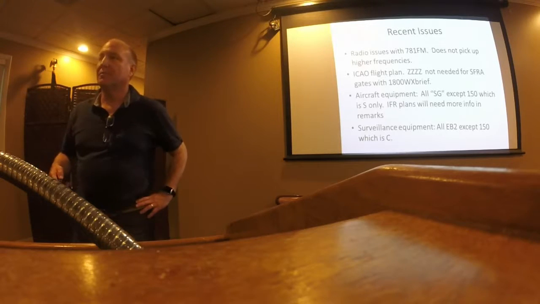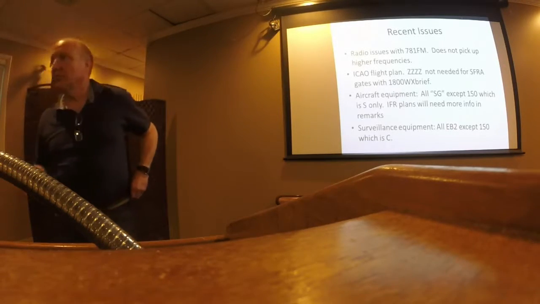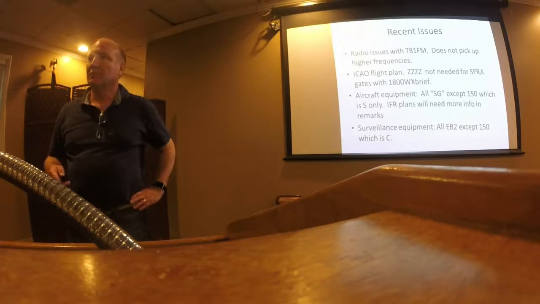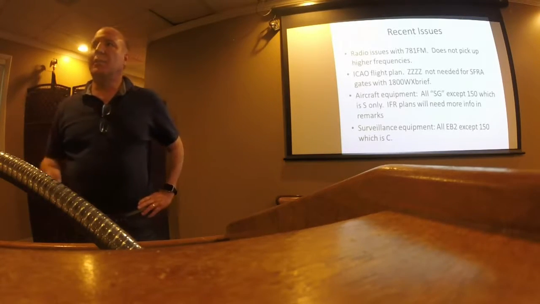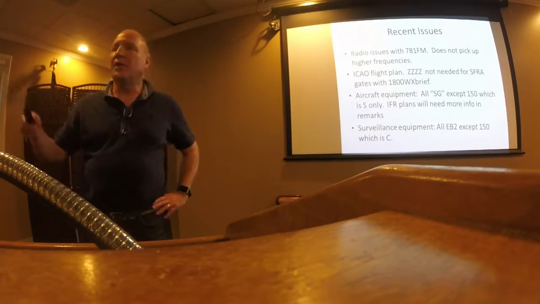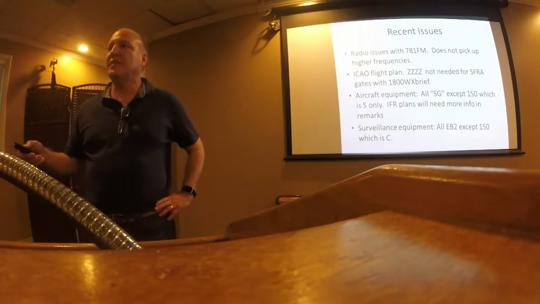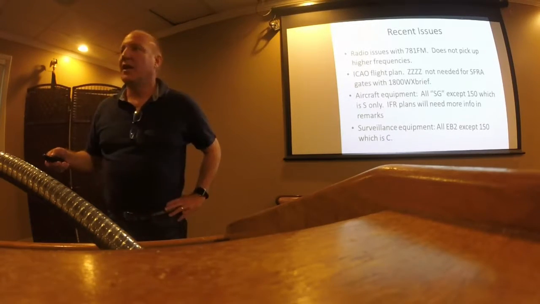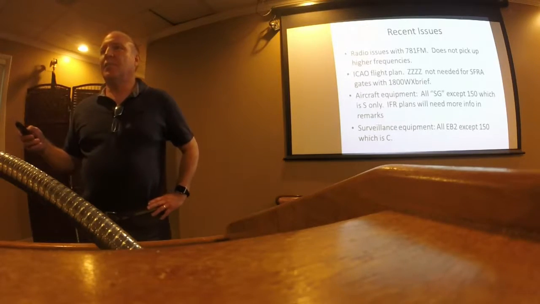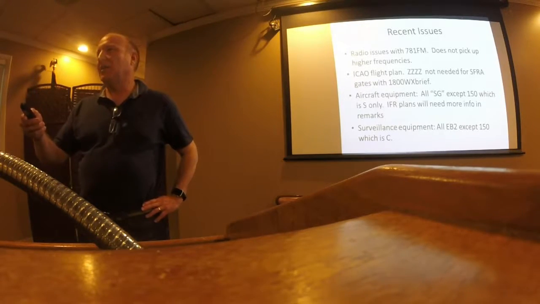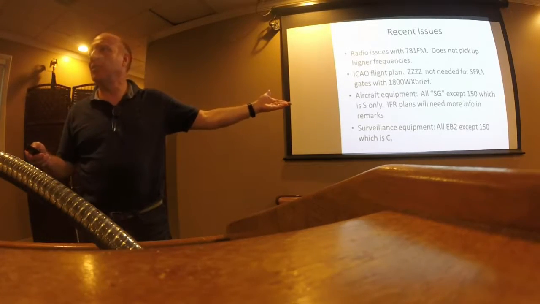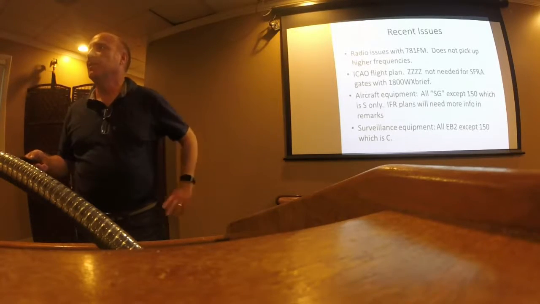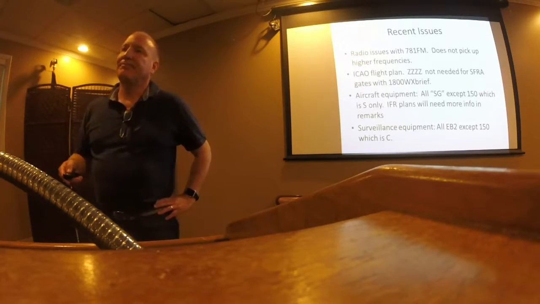Yes, sir. Yesterday when I filed on the 1-800 weather brief, she wanted something in addition to the SG. Okay, so an A or a C. The question was that he filed and they wanted more than just SG, the Sierra Golf. They want the surveillance equipment as well. Yeah, so that would be Echo Bravo 2, which actually would be in the surveillance section. I told her that, she still wanted something else. Okay. C for aircraft.